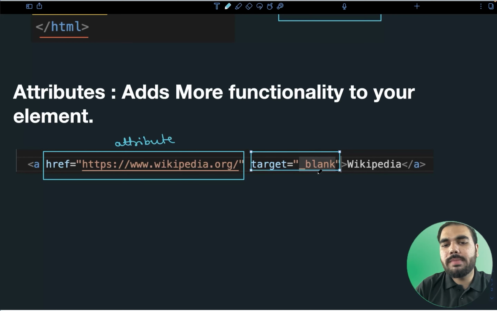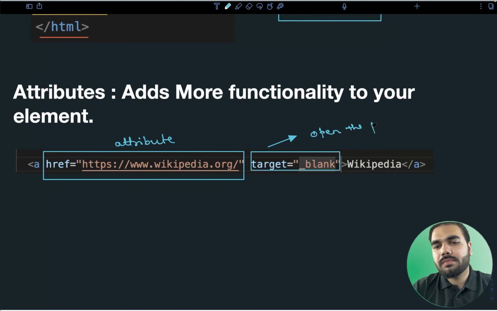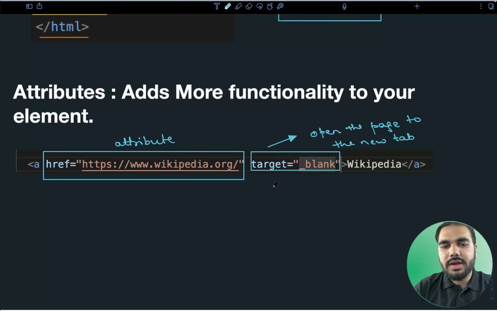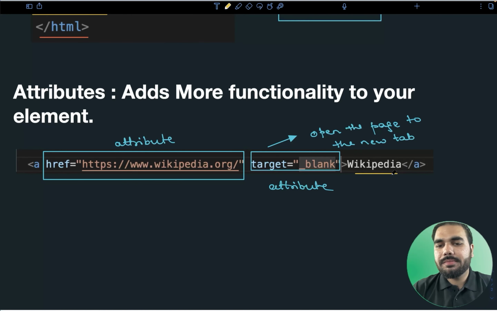If I write the value blank, it will open the page in the new tab. And this is another attribute. Okay, and the rest you already know, that this is nothing but the content.